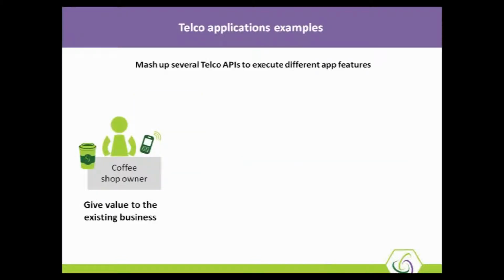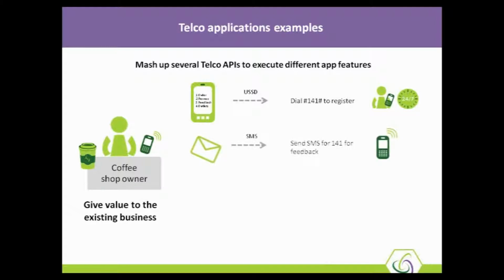Okay, thanks Rajiv. Before we get into the details of the charging API, let me recap what we did during the past webinars. We started off by implementing an application for a coffee shop. Up to now, we have improved the coffee shop application on three fronts. First, we integrated USSD, where users can register to the coffee shop application. Next, we did the SMS integration, where customers can send their feedback to the coffee shop owner.